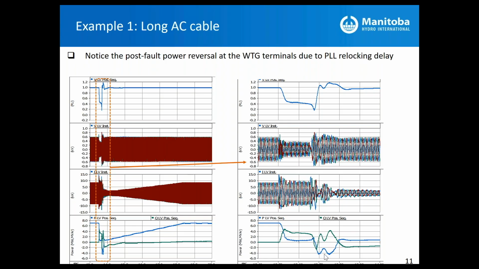It's over maybe 50% or 60% of active power. Prior to the fault, we were injecting 7 megawatts. Then there is a transient period of over 100 milliseconds where you have a large power reversal, and then the turbine units' controls take over and try to ramp up the power based on the grid code requirement. So in this case, it didn't cause any problem. But